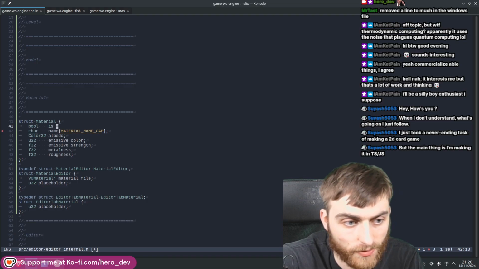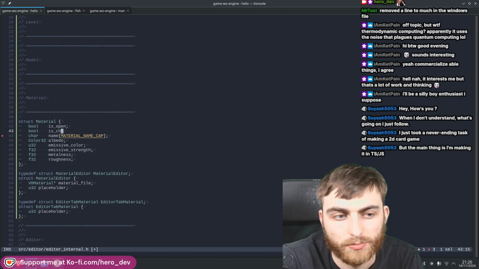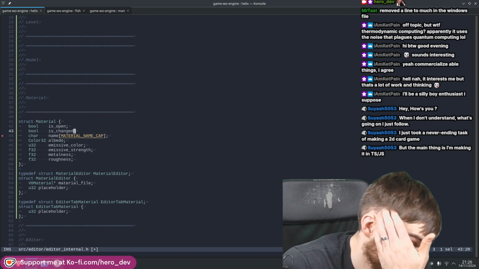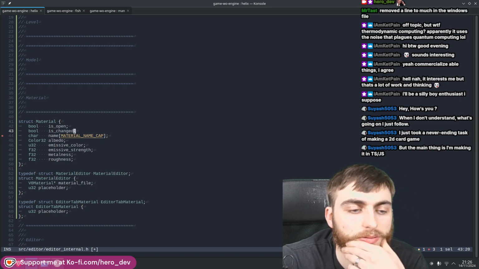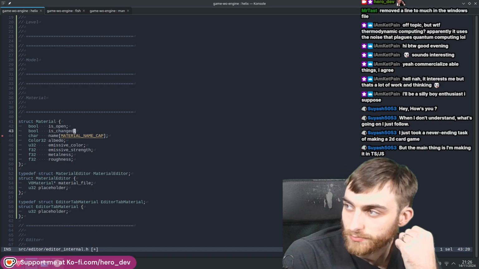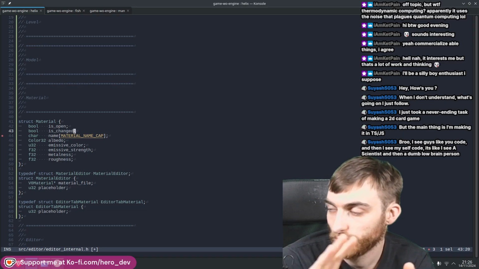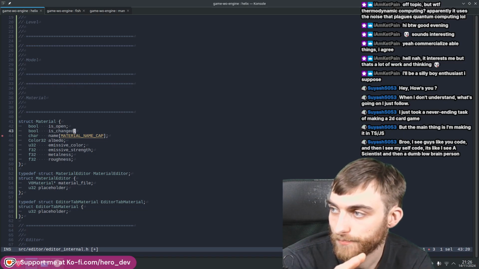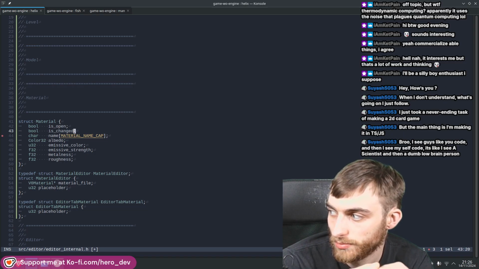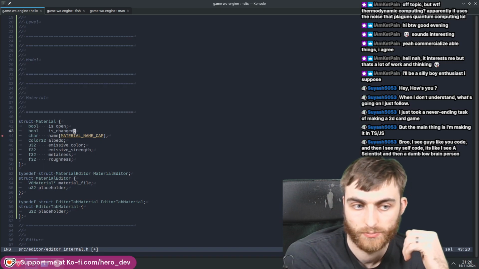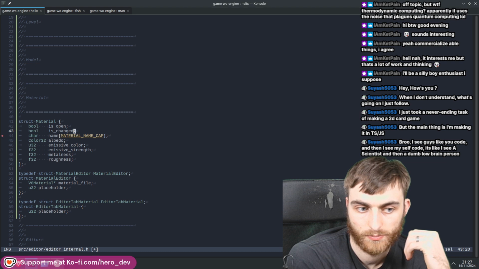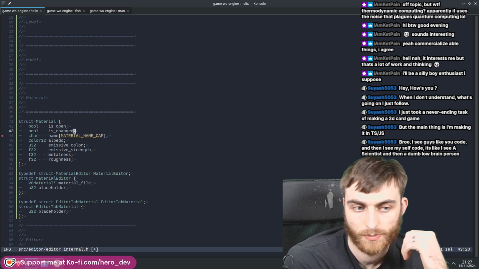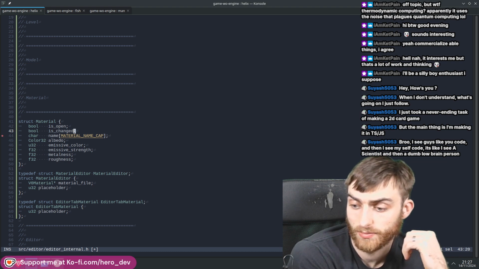If it's already opened by some other tab. And we also want to know if it's been changed. A good idea. So if the material has been changed, it needs